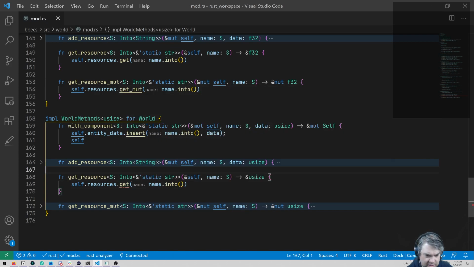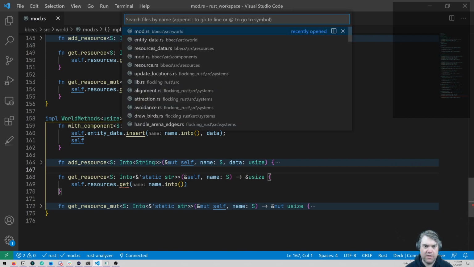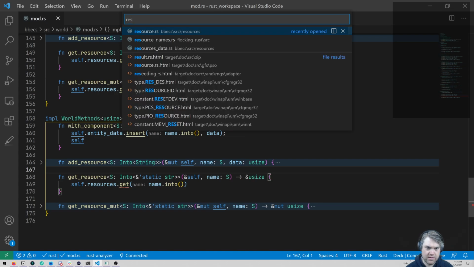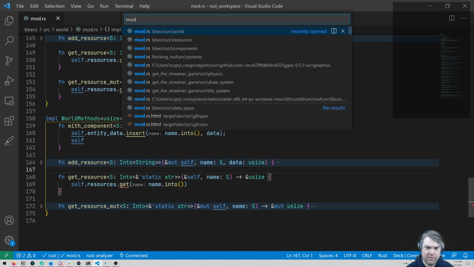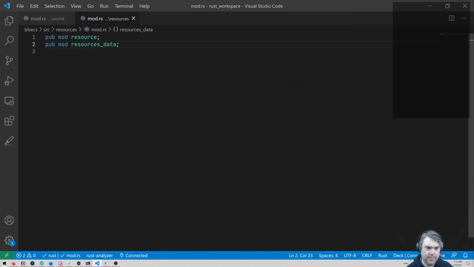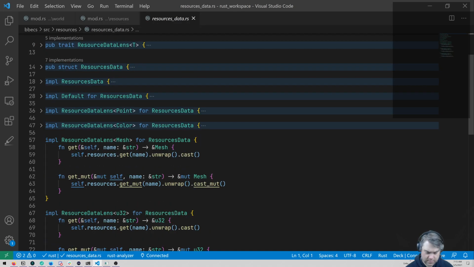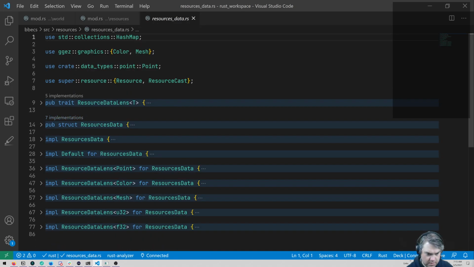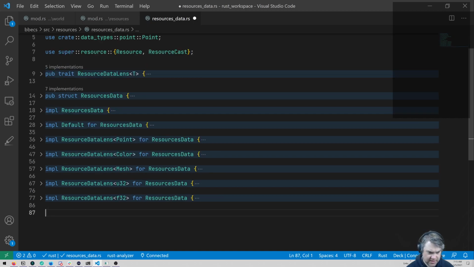Okay, so this is going to be usize for resources, which I think is a mod in resources. Yeah. No, it's, yeah, okay, so we need usize here.